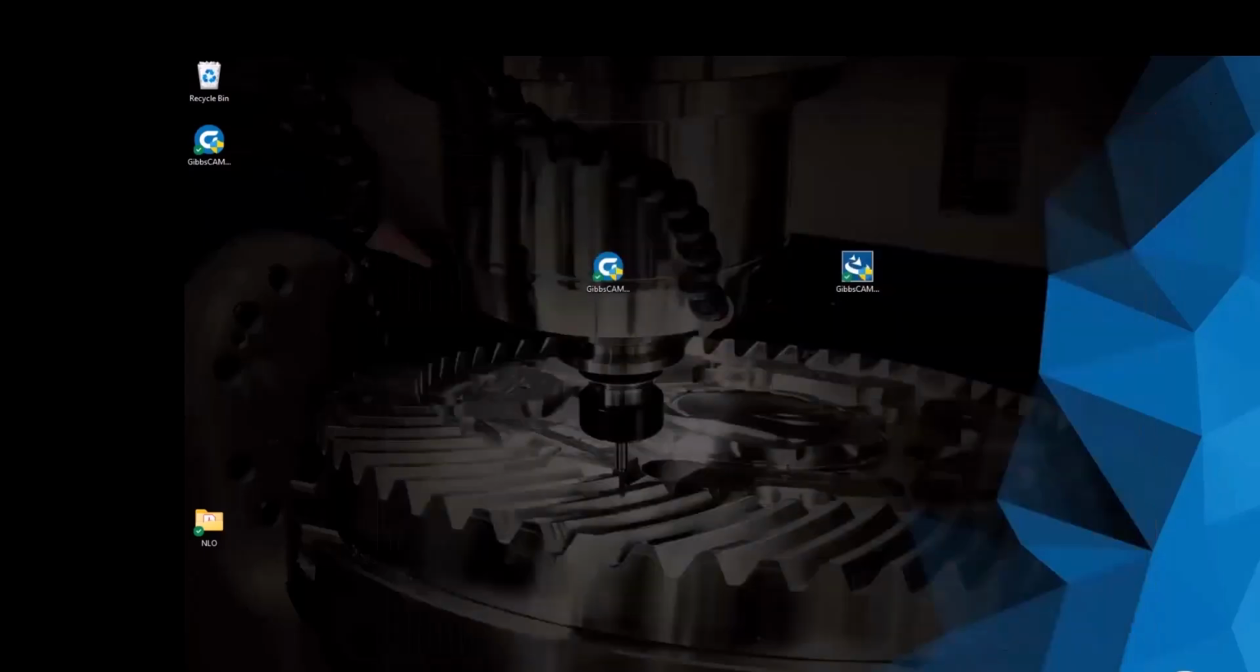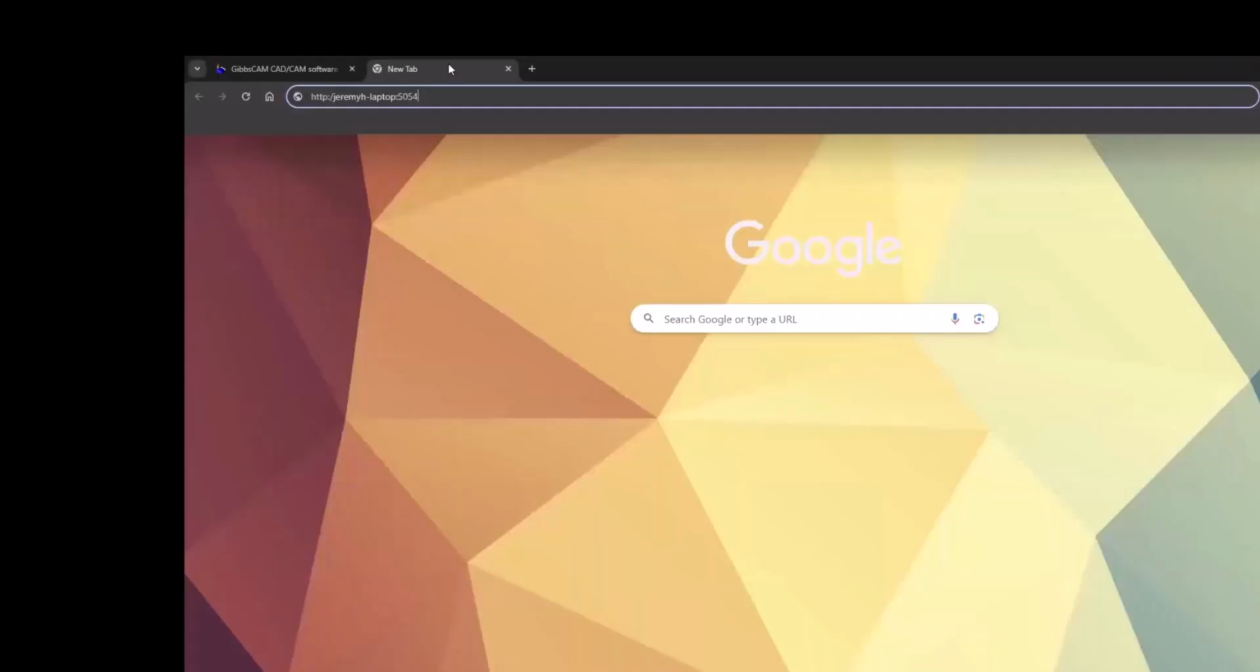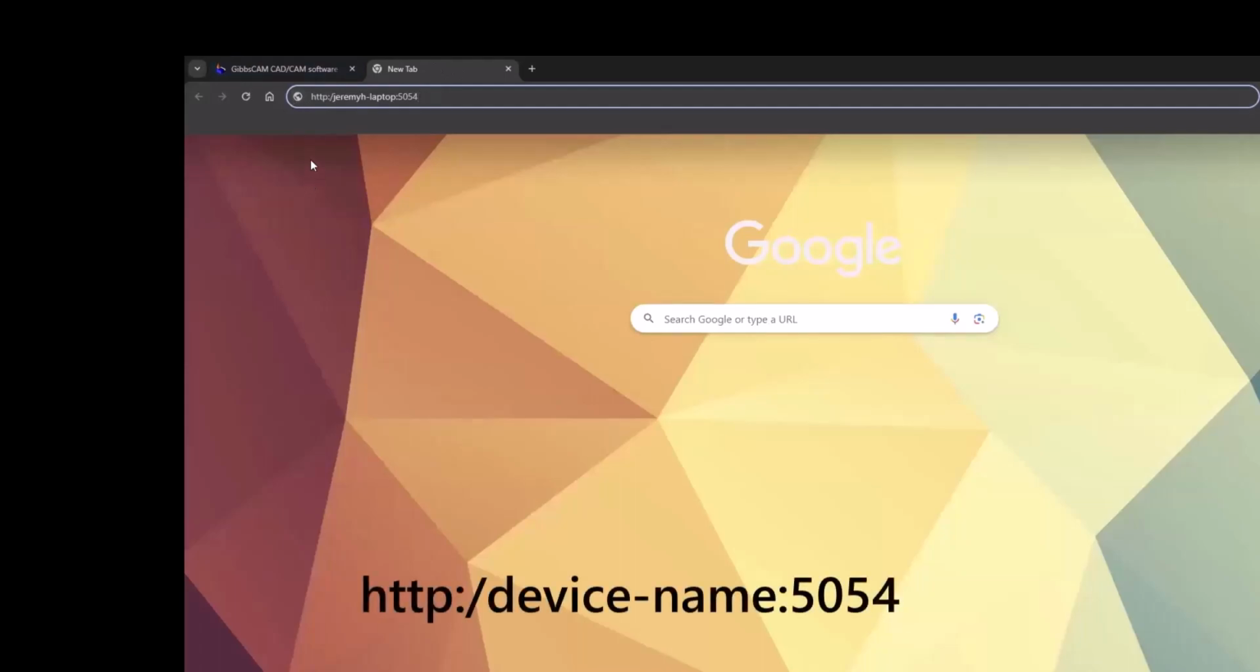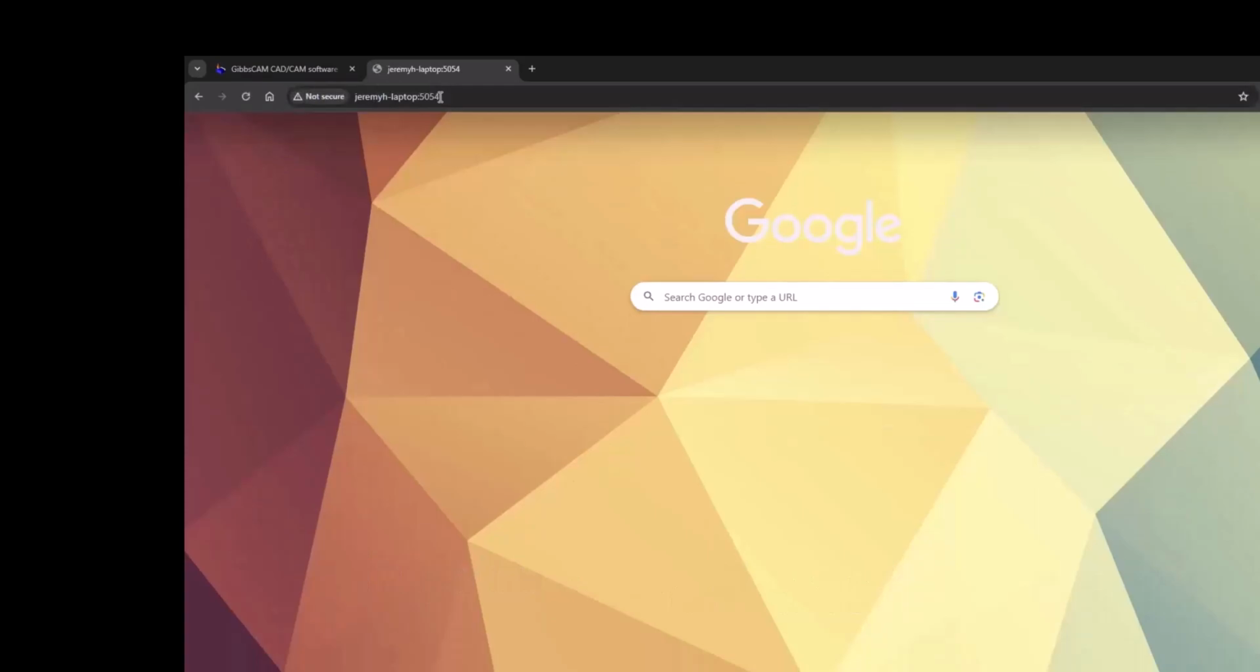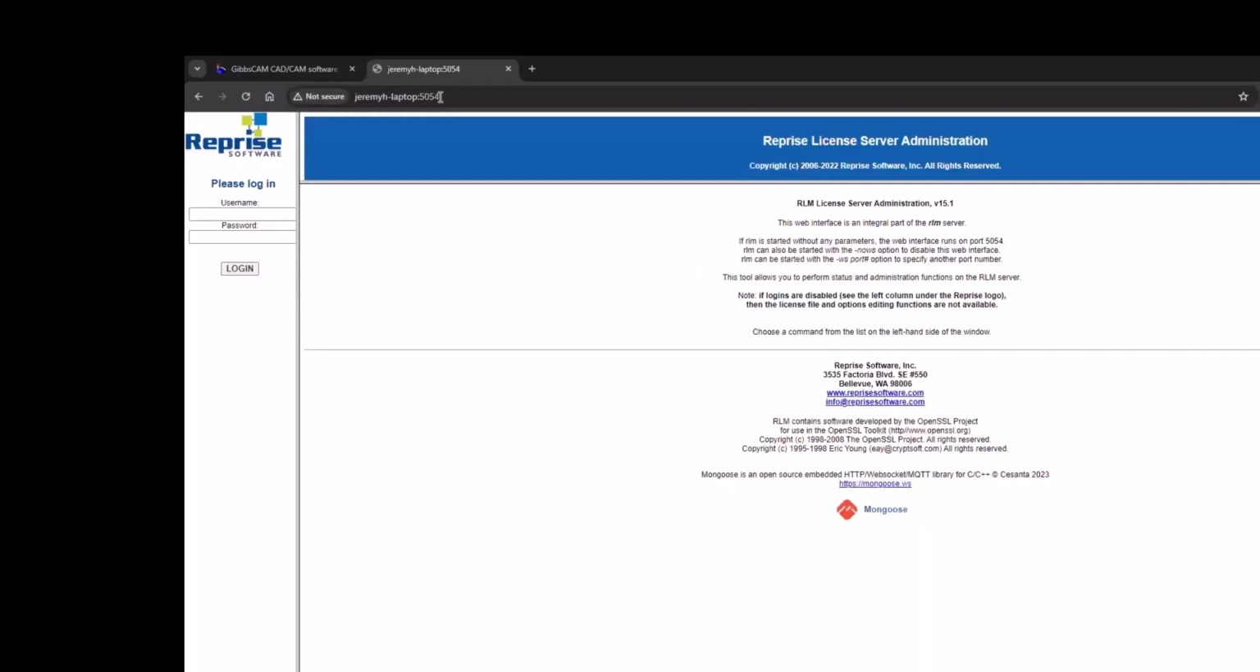And once I've got my device name, I'm going to open up a web page, and inside of the URL bar, I'm going to type out http:// and then I'm going to hit Control V as in Victor to paste my device name. And then after that, I'm going to put :5054. So again, that's http:// your device's name, :5054. And once you have that entered, go ahead and navigate to that, and you will be met with the